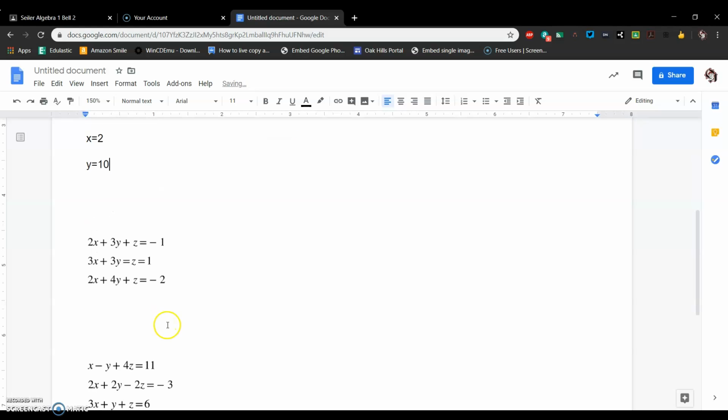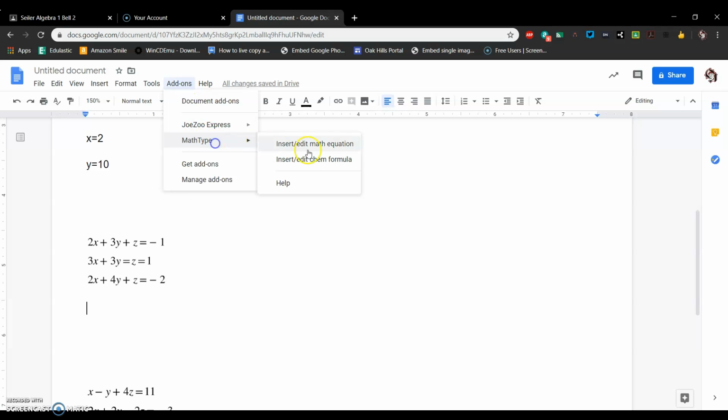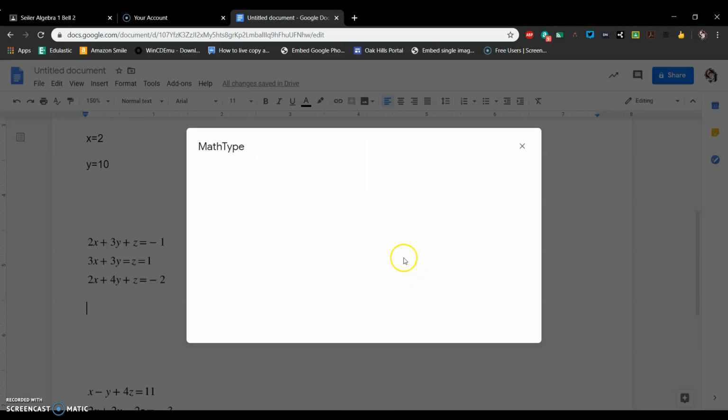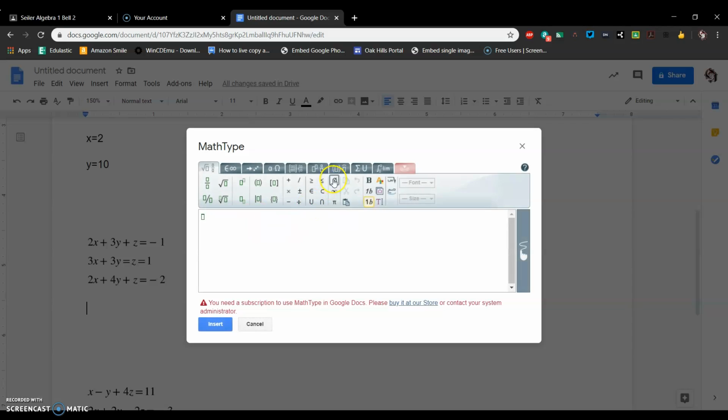Let's look at another one. Here we've got this set of three variables, x, y, and z. This is still, again, really easy for our matrix calculators. I'm going to set up this matrix just like we did the previous one. This time, though, my matrix is going to be a 3 by 4. I'm just going to go across the top: 2, 3,